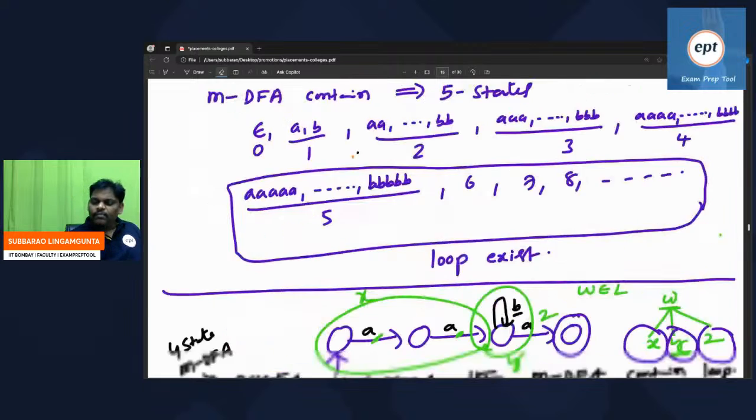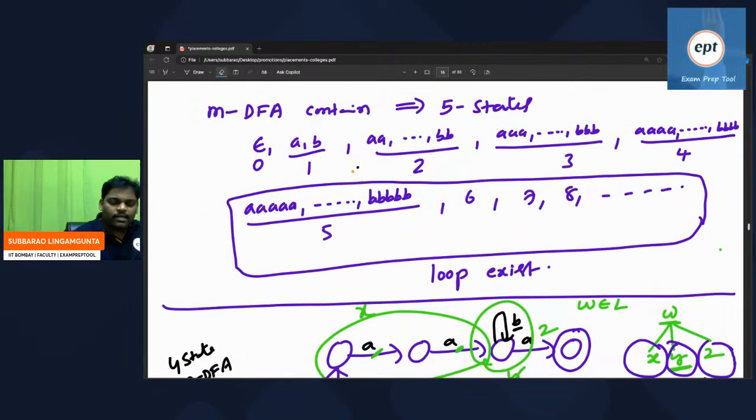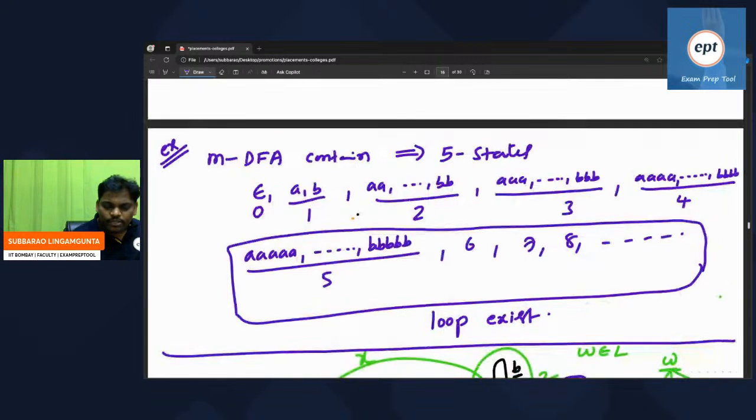So I started giving some examples. Careful everyone, this is one of the examples. Assume the minimal DFA contains 5 states. And let us assume, two assumptions here: the minimal DFA contains 5 states,